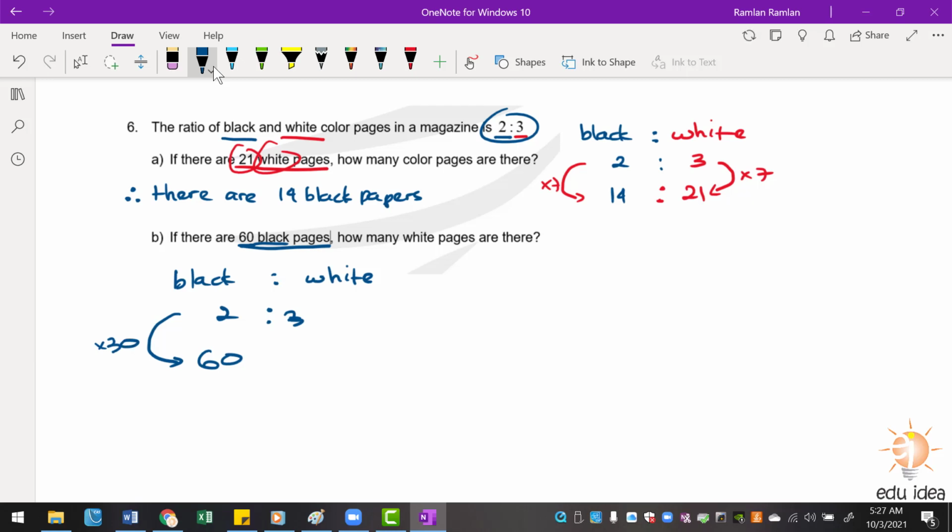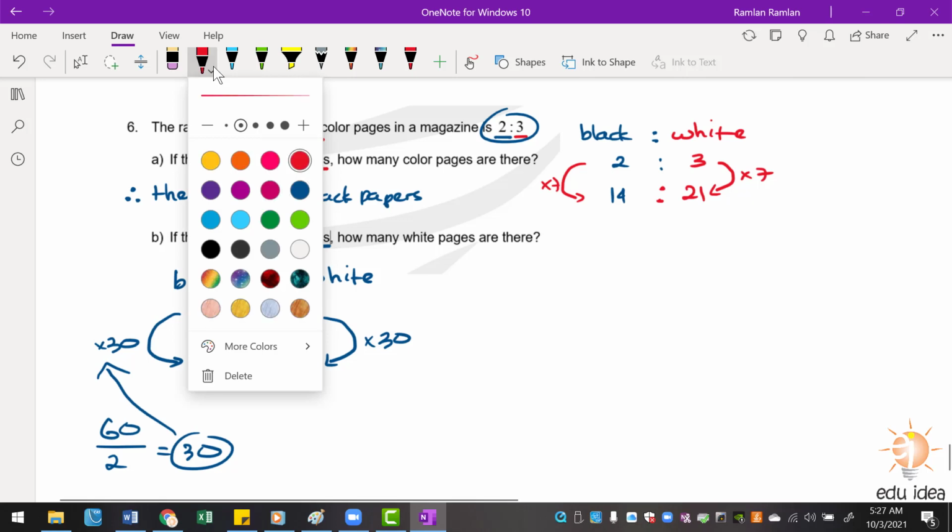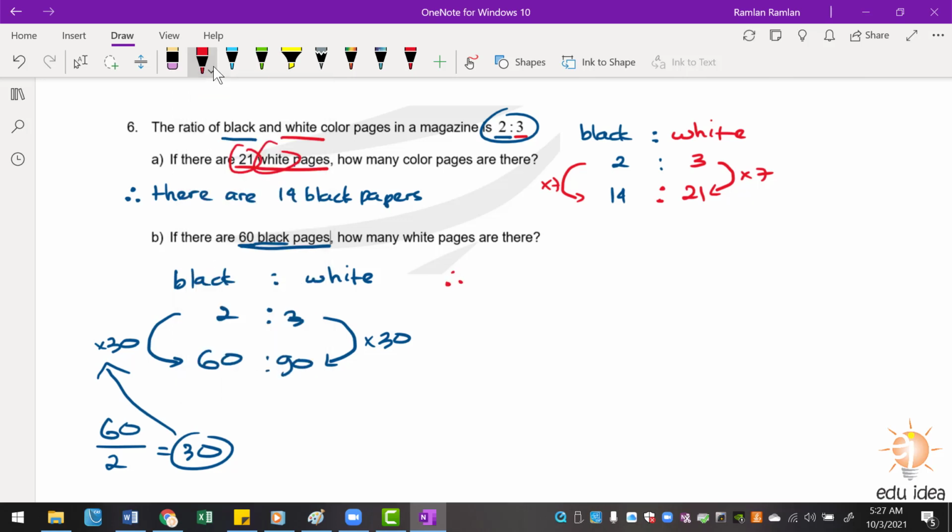And then the easiest way to get this number here is just dividing this 60 by 2. Because we know that 60 divided by 2 is equal to 30, right? So that 30 comes from here. We can do it like this, okay? And then we also need to multiply this by 30, and then we'll get 90. And then again, because this is a story problem, remember to always write down a sentence as a conclusion. So here, there are 90